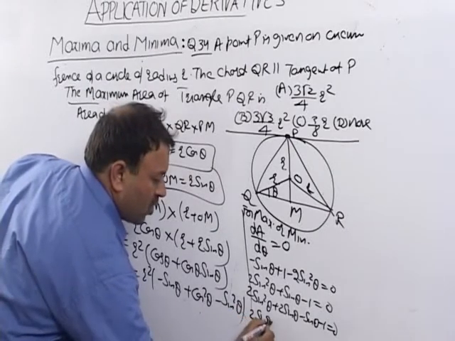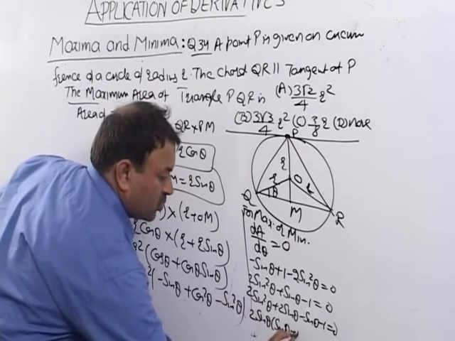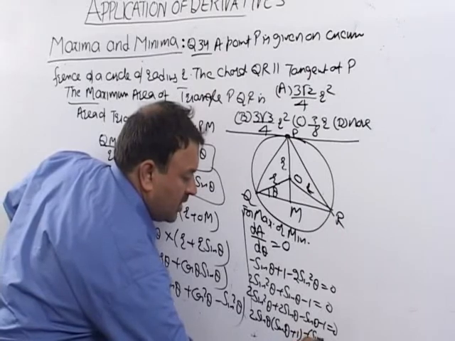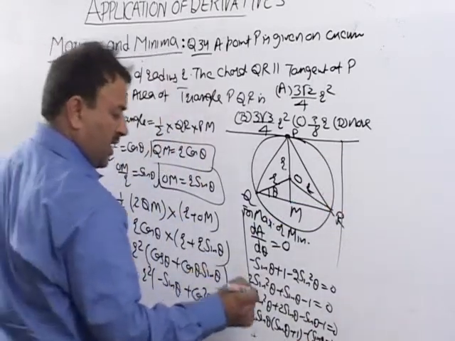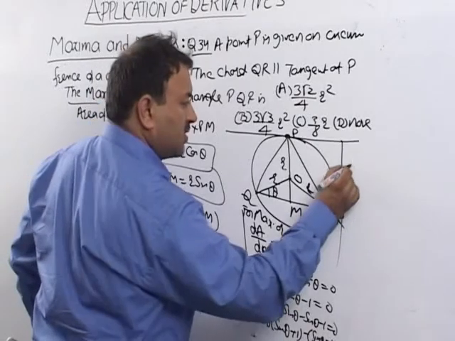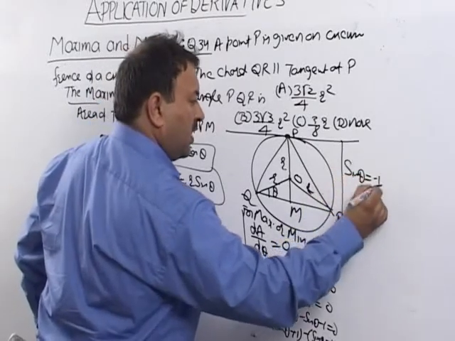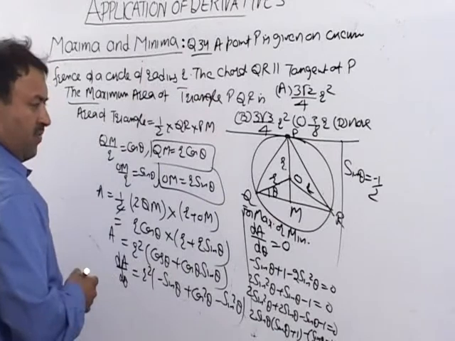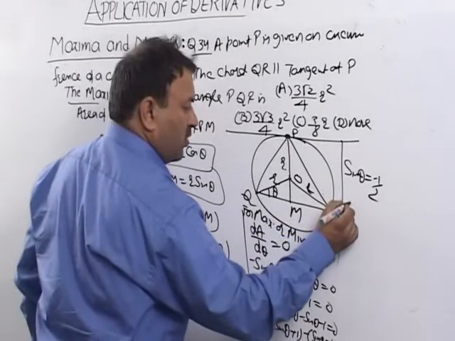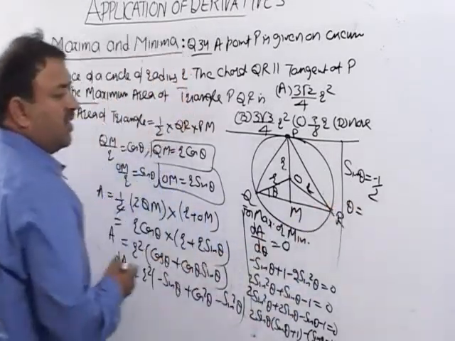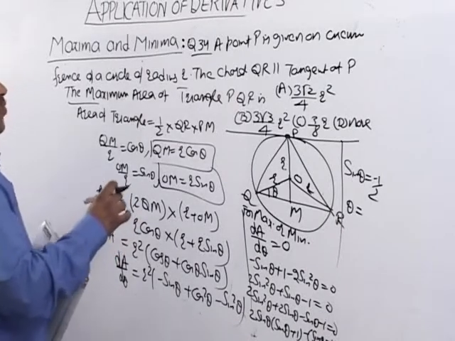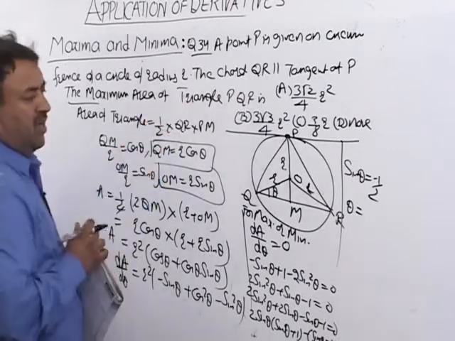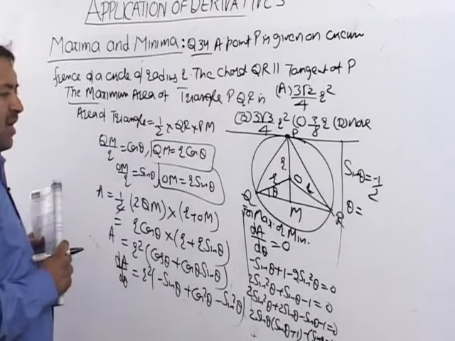Taking 2 sin theta common, it is (sin theta + 1)(sin theta - 1)... is equal to 0. Sin theta is equal to minus half. Now we have to find out what, let us first see what we have to find out. We have to find out the maximum area. So the value of sin theta is minus half.